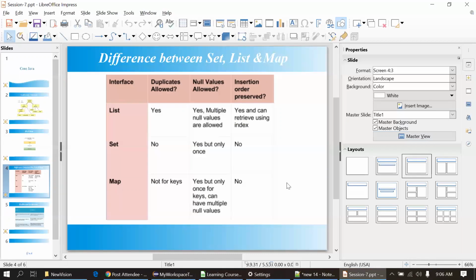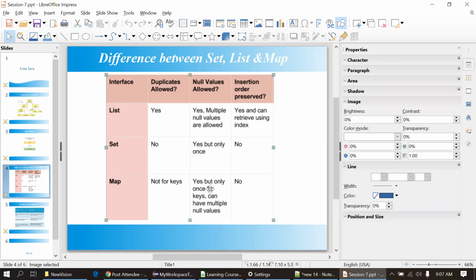In map, duplicate keys are not allowed, because if you provide two keys with the same name, it will create ambiguity. So we have to define unique keys only, and null is allowed only once as a key, and we can have multiple null values in the values. It's written in the second column here. Again, the insertion order is not followed in the map. This is an ambiguous sentence here about list: only linked list preserves the insertion order. Just remember this.